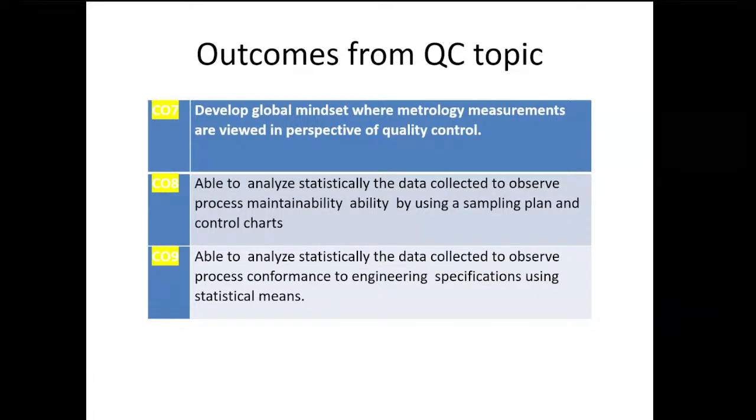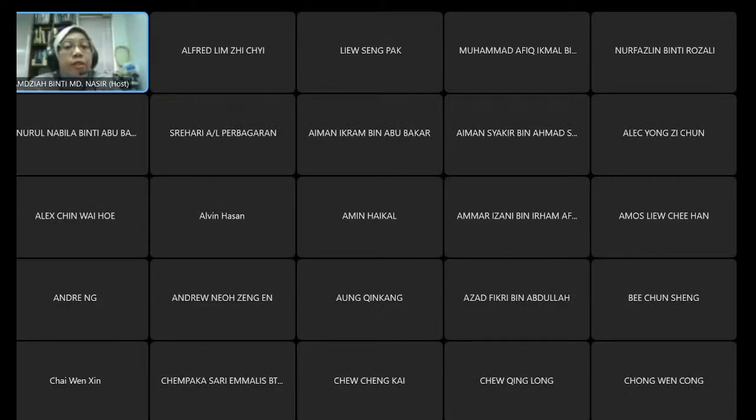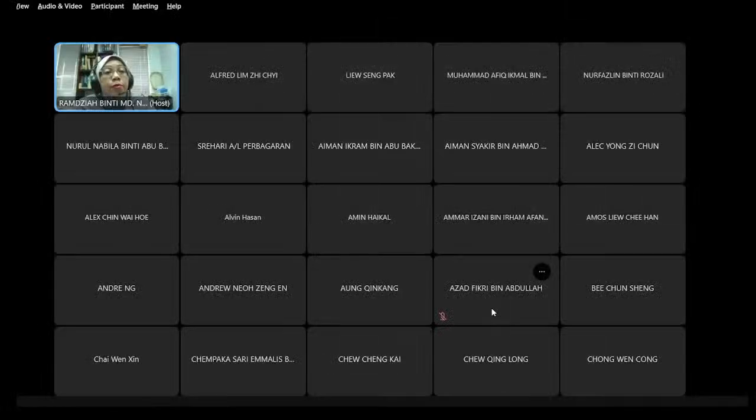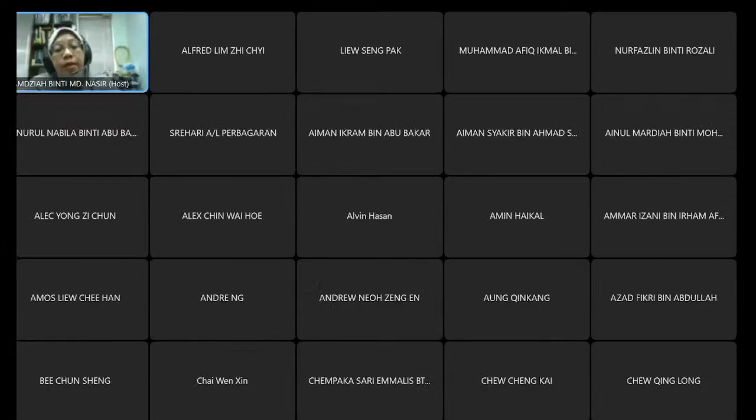And the reference textbooks, let me just stop this one first, okay? Now I want to show you where the textbooks are. You can get the textbooks from the internet, or if you want to buy the textbooks, okay, no problem. Let me go to the internet where you can buy them, and you can have a look at the ebooks, okay? Let me just share.